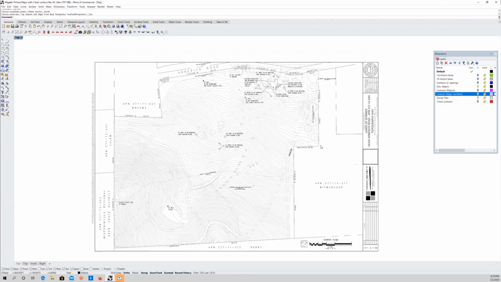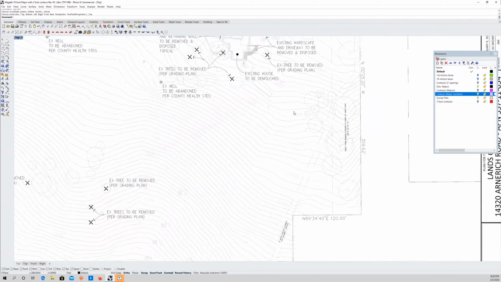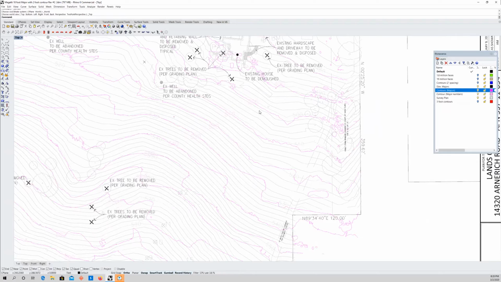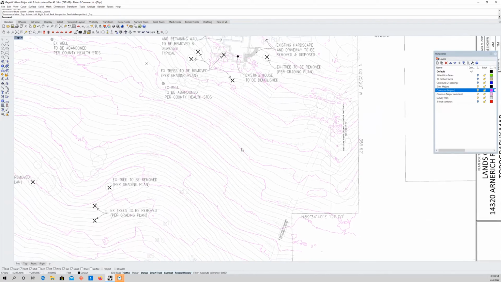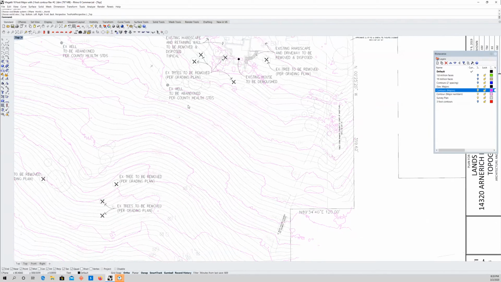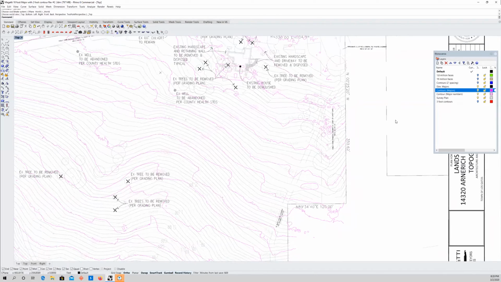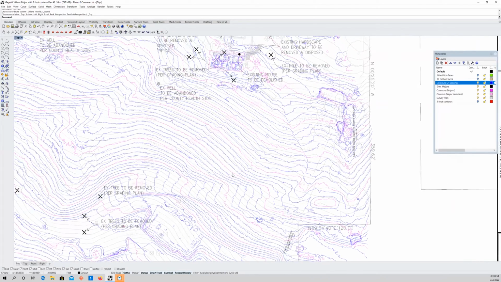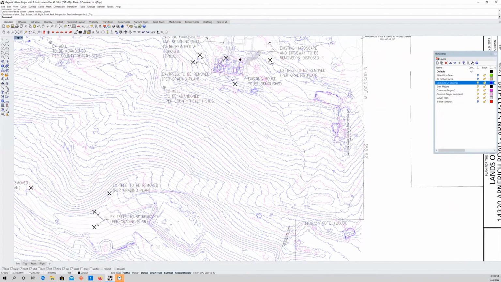contour numbers, so you can see along here, and I'll bring in the contour lines, topo lines, and you'll see how they line up with the ones that are there. But let's bring in the major contours. These are every 10 feet. This is the as-built, or what is on site now. And then we have every 2 foot contour lines between. And it gets a little busy there, but you can see